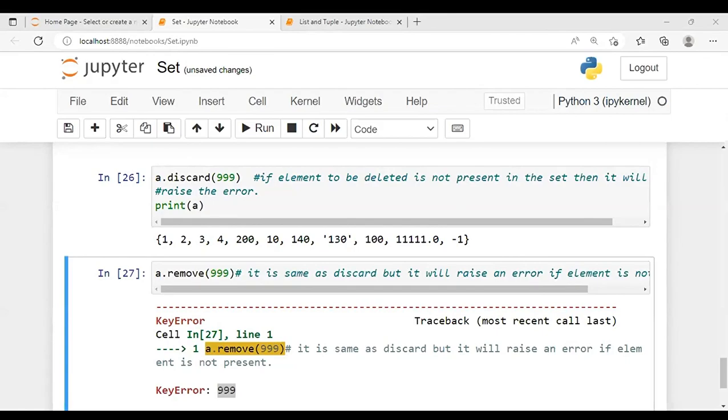So Vishal, can you check your code? Why are you enclosing the elements in parentheses? We are learning set, right? So you should follow the syntax of set, Vishal. It should be enclosed in curly brackets. If you write that in round brackets, then it will be a tuple, and we don't have a discard